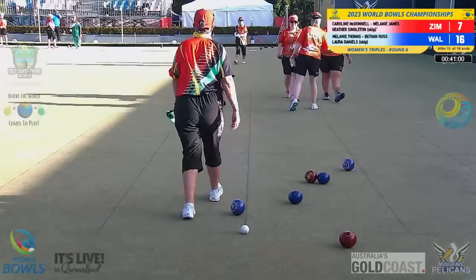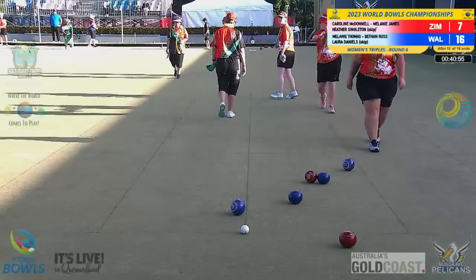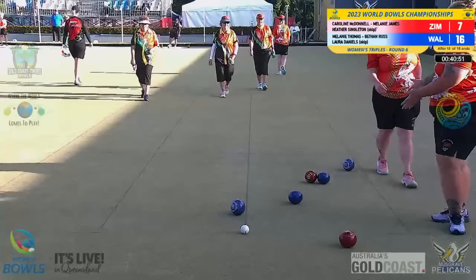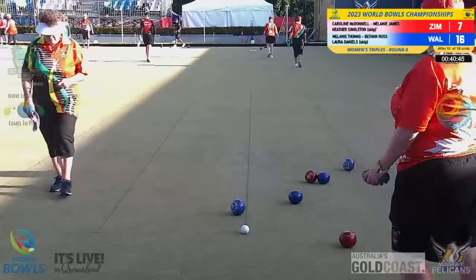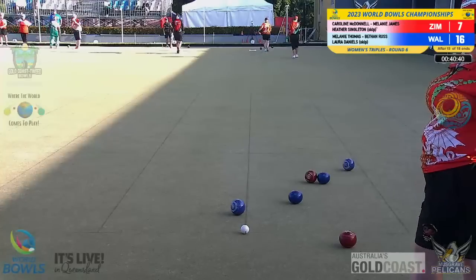It gives them an opportunity. Allie McDonnell and all the Welsh have just been a little bit more consistent, and they've played the big bowls and got the results when they needed. Oh, I couldn't agree more, mate. Zimbabwe have played very, very well, but they just said